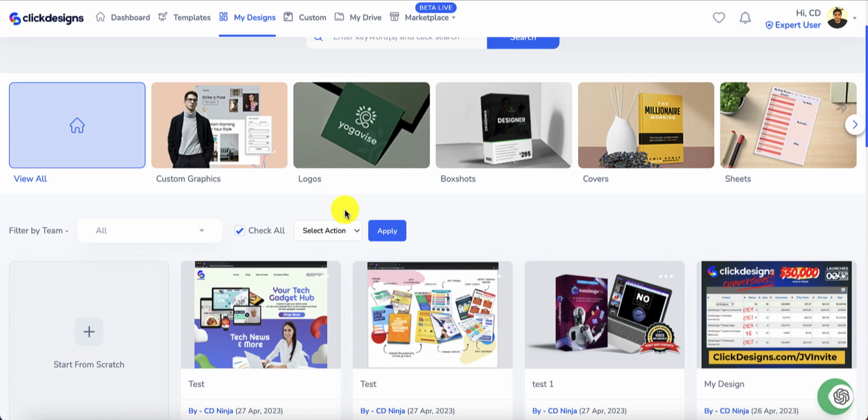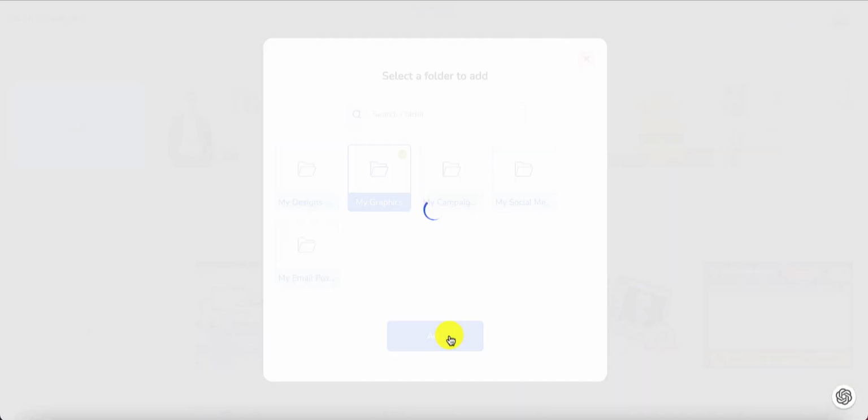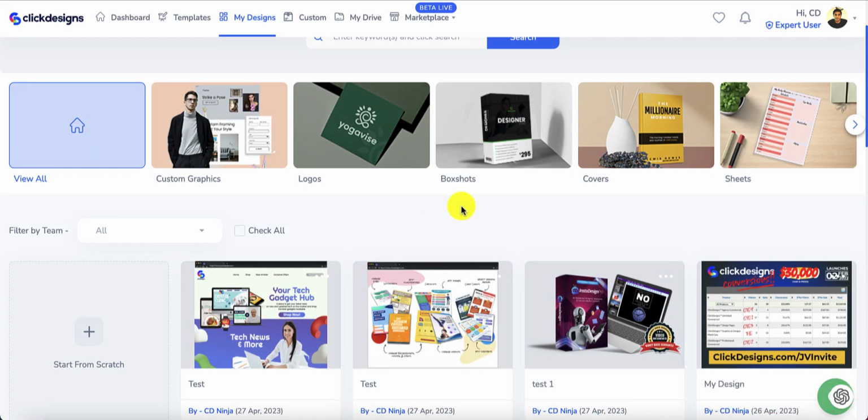And once I'm done ticking, all I need to do is click this drop-down arrow again, click on Add to Drive, click on Apply, and then click on the folder that I would like to add these images to, then click on Add. If you would like to add all your existing designs into one folder on ClickDrive, all you